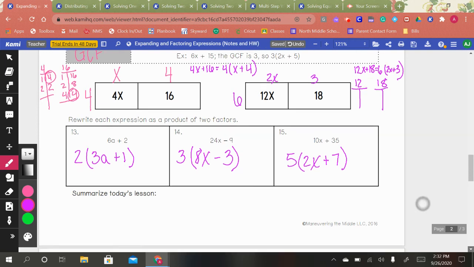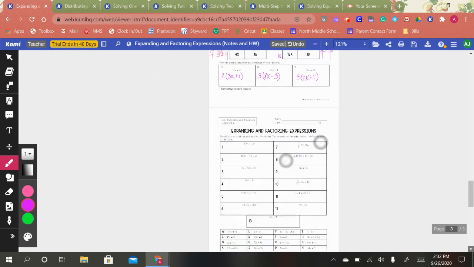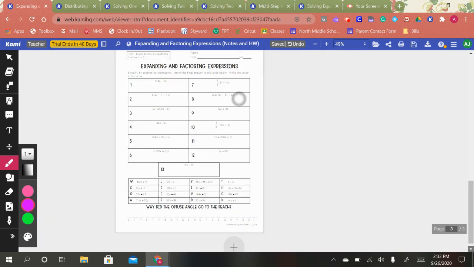All right, that is your notes. So moving on to homework. I'm going to scroll out just a little bit if it'll let me. All right, on your homework, you are using the distributive property to simplify. And then on problems 4, 9, 12, and 13, they do not have any parentheses. So you cannot distribute. So what that means is that you are going to be using the greatest common factor to factor those problems, factor it out by division,